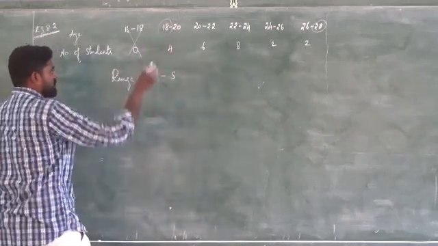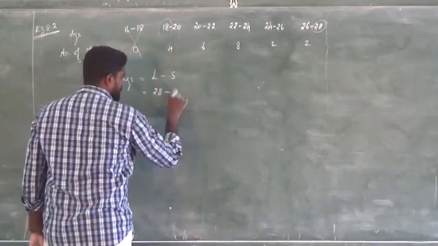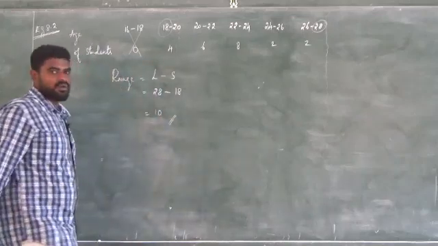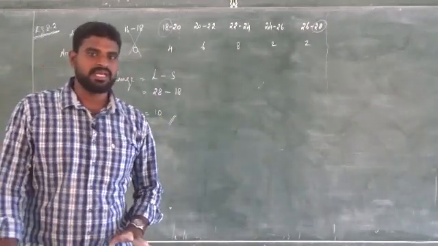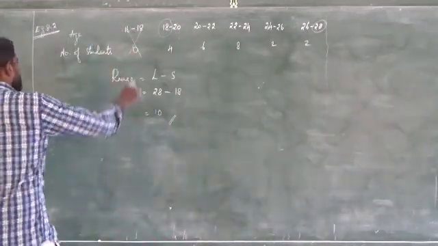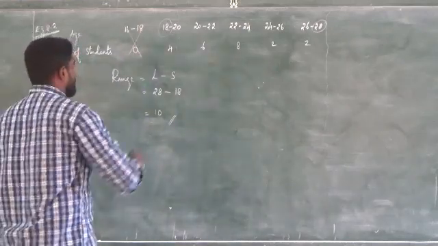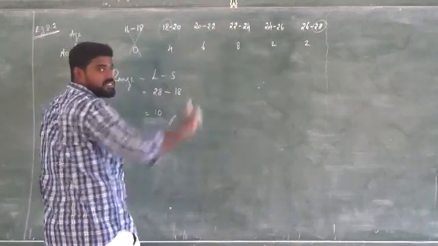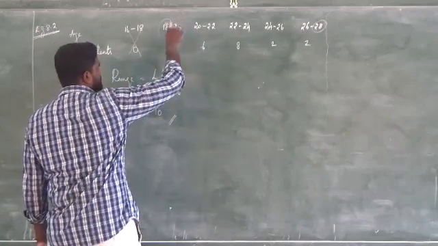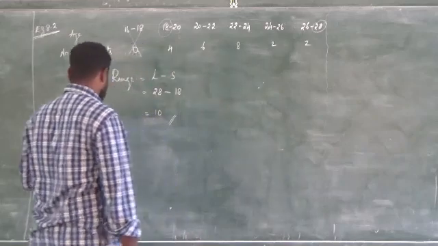What is the largest value? 28 minus, what is the smallest value? 18. So 28 minus 18, it is 10. No need to find the coefficient of range because they are asking only for the range of the given values. So don't take 16 to 18, because the number of students is 0. We have to start from 18 to 20 till 26 to 28. In these values, 18 is the smallest value and 28 is the largest value. So range is 10.